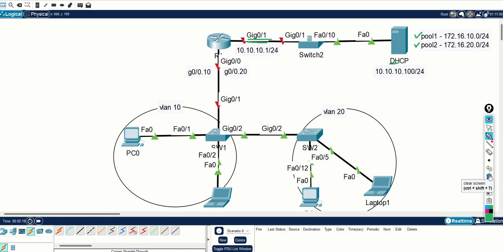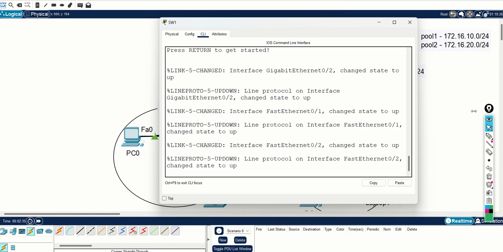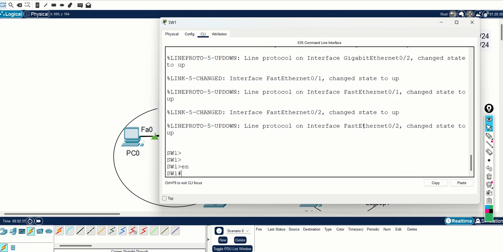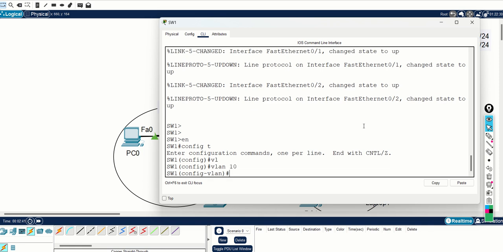In this scenario, guys, you have to configure two different pools, right? One for VLAN 10, one for VLAN 20. That is for sure. Okay, switch 1 CLI, come on fast, enable, configure terminal, VLAN 10, then VLAN 20, no